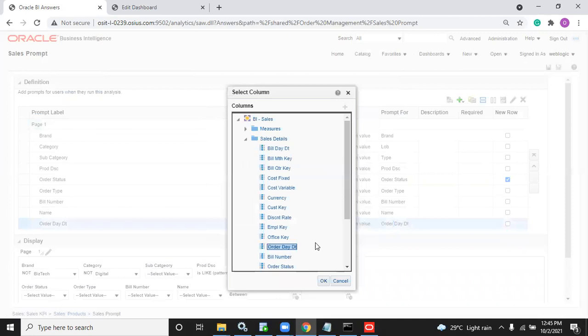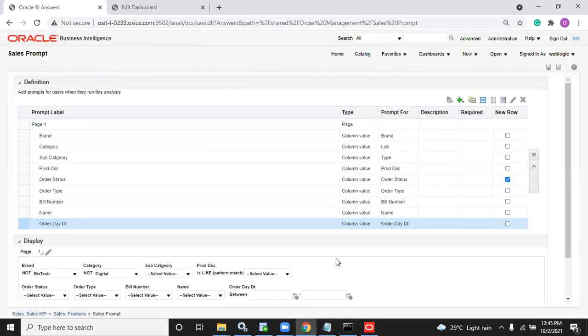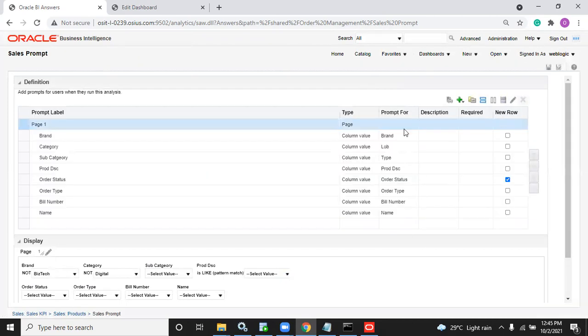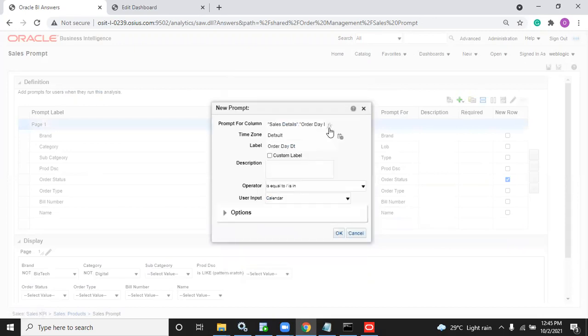Click on place column. Kiran, can you repeat it? Okay, no problem. See here, you wanted a date year prompt. Go here, click on place. This is the place where you can write the expression. Why? Because you wanted year, right? Change the label as year. But this is a date column.